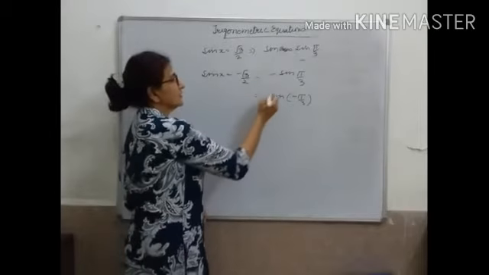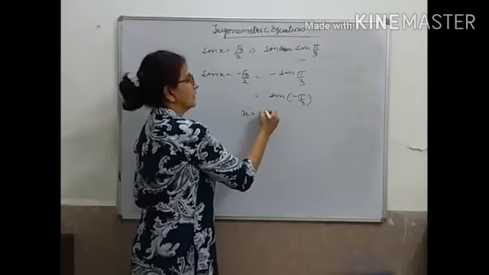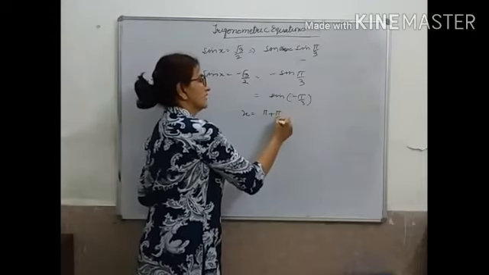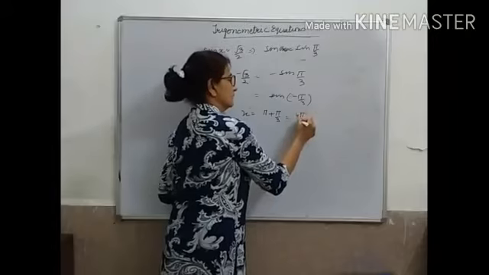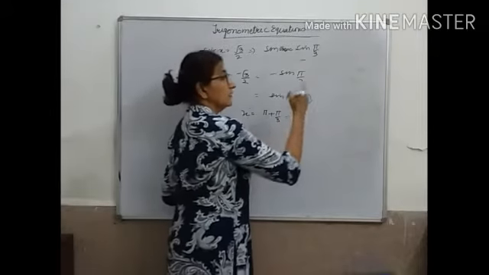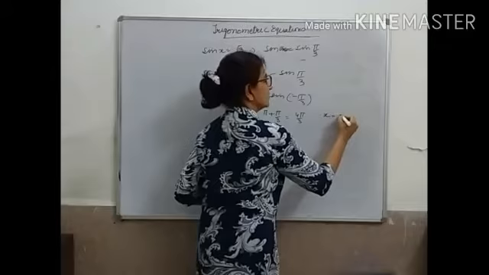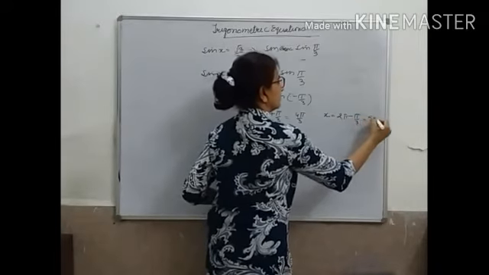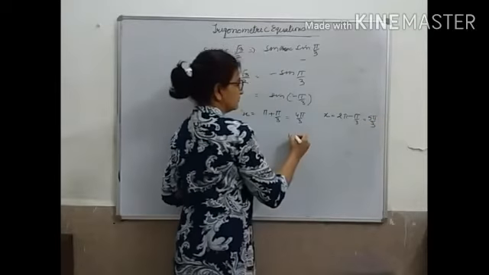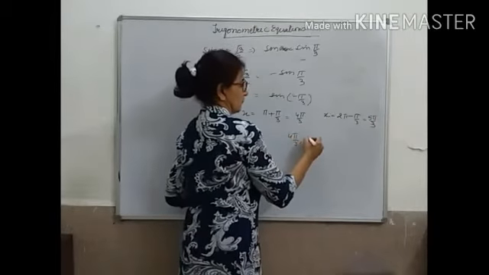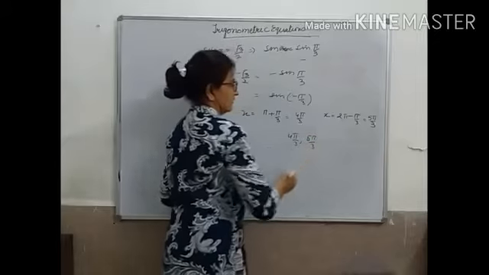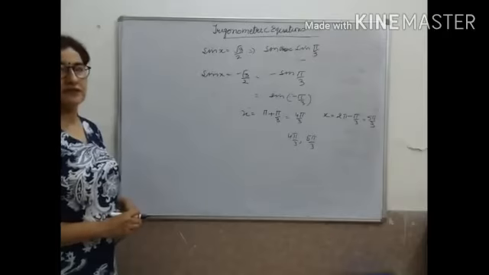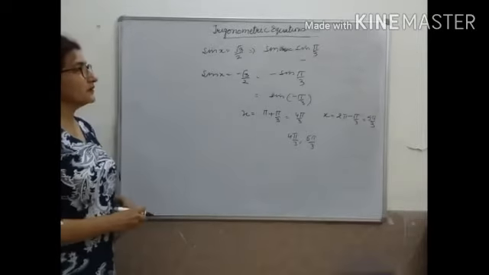So what can I write as its answer? x can be pi plus theta in the third quadrant, that is 4 pi by 3. Or what could it be? In the fourth quadrant, x is equal to 2 pi minus pi by 3, that is 5 pi by 3. So for negative, the principal values would have been these two. Do you understand what I am trying to tell you? Is that okay? It's not difficult to understand principal values. These are the principal values concept.